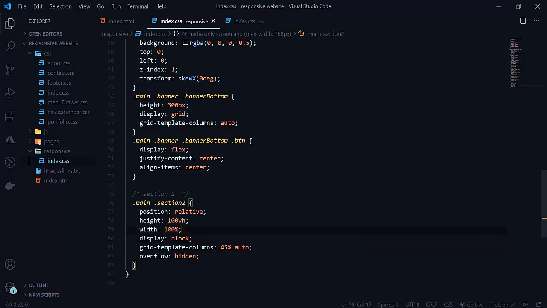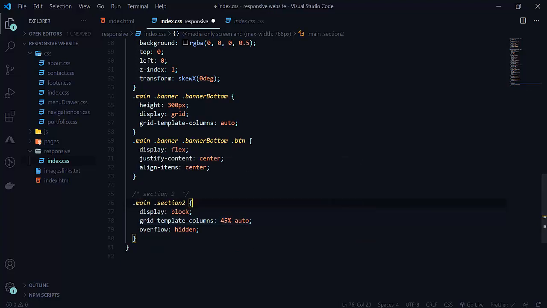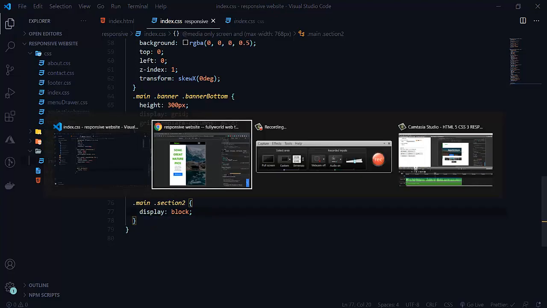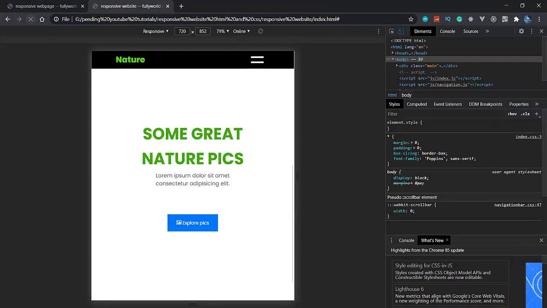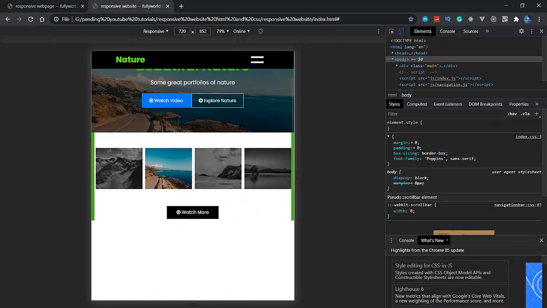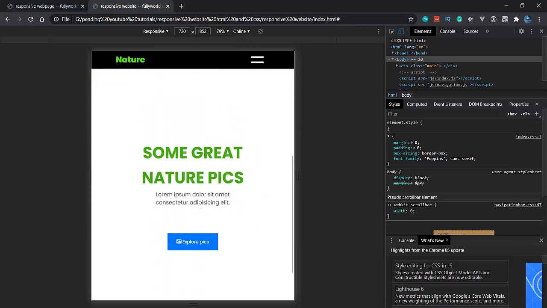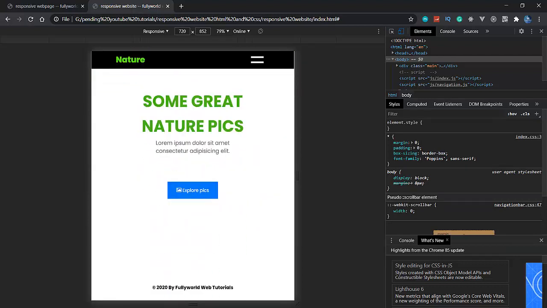So everything will be the same. We don't want any grid templates for everything here. So display block. See that we are getting like that. See that our image is not looking anywhere. So let's change this now.